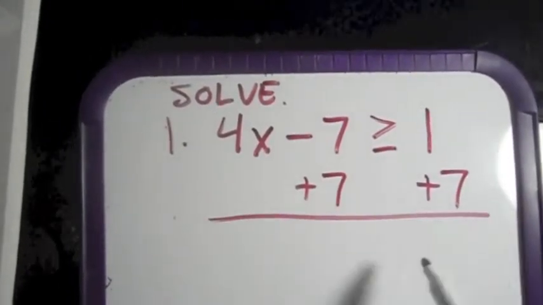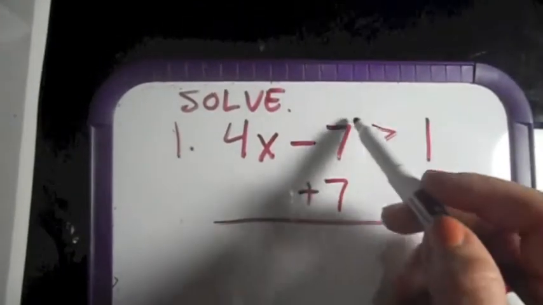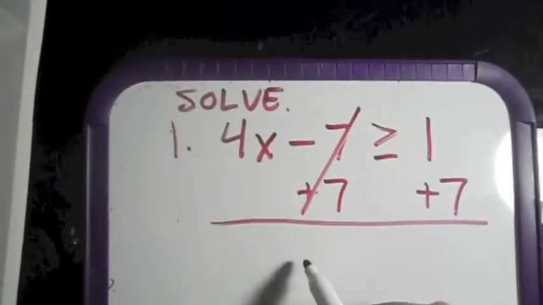These 7's will cancel, leaving us with 4x on the left-hand